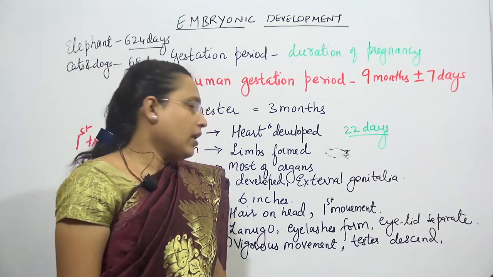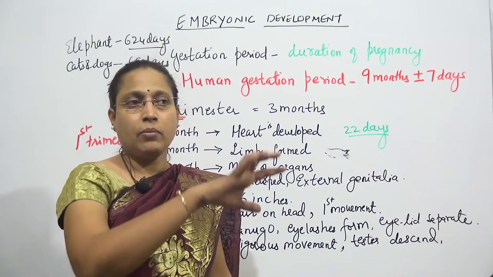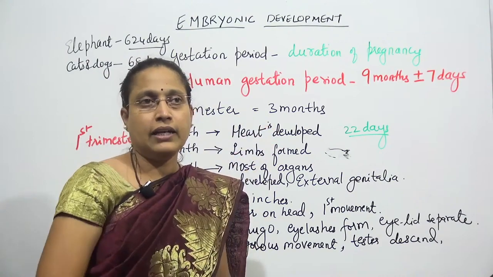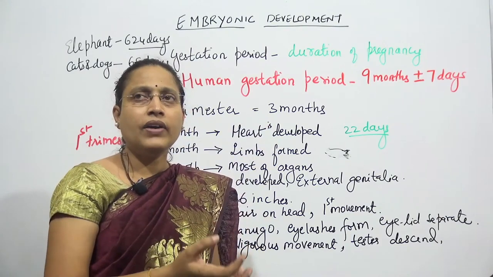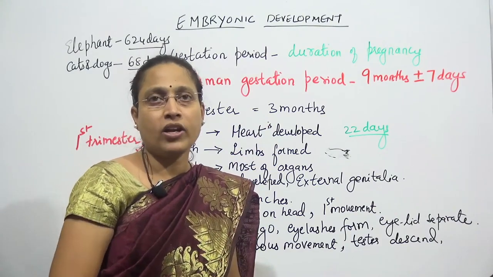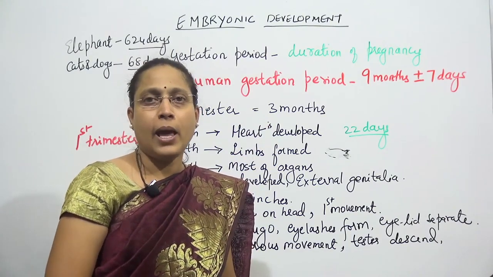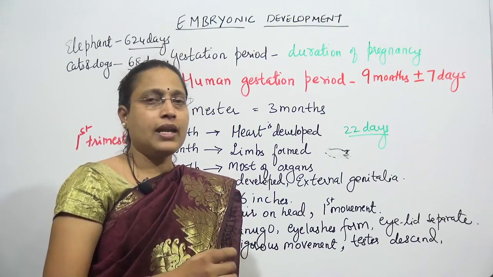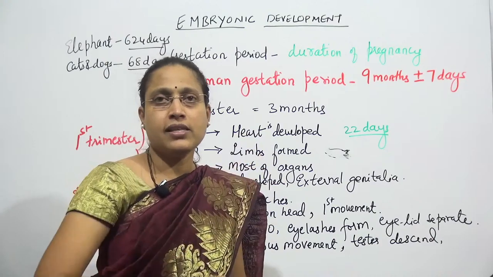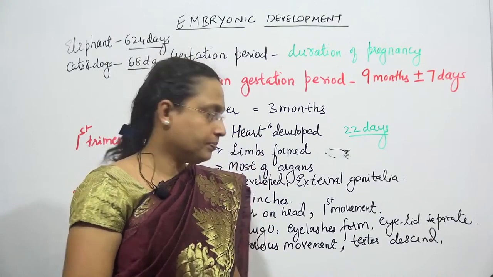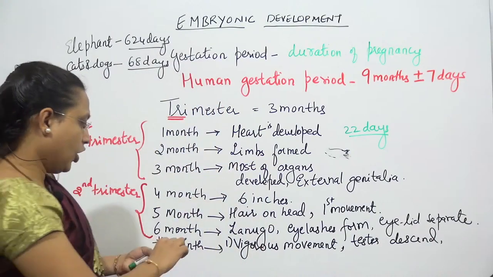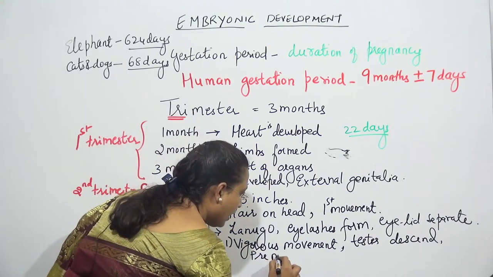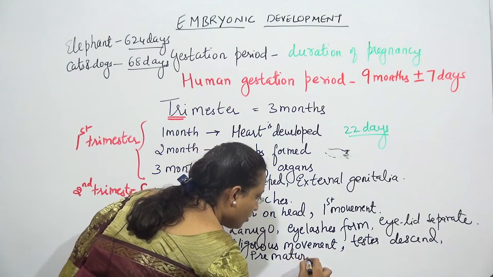Okay. Now, during this time, there will be amniotic fluid surrounding the fetus, and the fetus will now start swallowing the amniotic fluid or urinating in the amniotic fluid. Whatever it swallows or urinates will be within this amniotic fluid. And here, premature birth can occur.